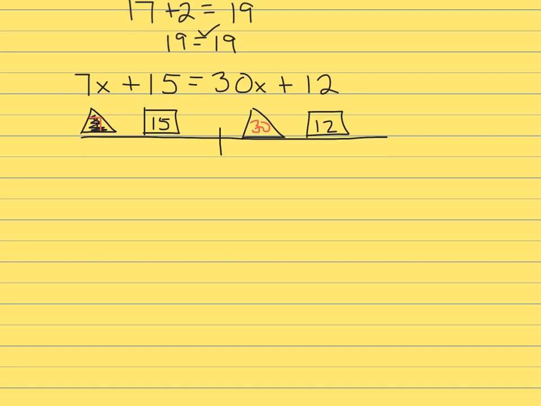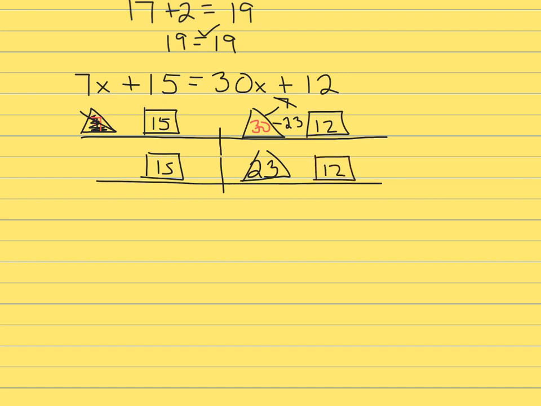If we look through our legal moves, one thing that we've talked about is that you can remove the same number of triangles from both sides. So in this case, a lot of you have figured out that we're always removing the smaller number of triangles. So I'm going to regroup my 30 triangles so that I can remove my 7, and then 30 minus 7 is going to leave me with 23 triangles. So I'm going to go ahead and remove the 7. That now leaves me with a value of 15, balanced with 23 triangles